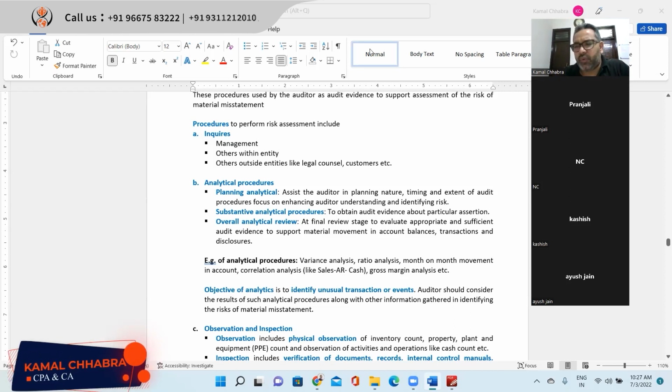So have any of you done any planning analytics? Maybe guys with the audit background. Have you done any planning analytics, Nimisha, Kushagra, Sanchit, Jaspreet? So as a part of